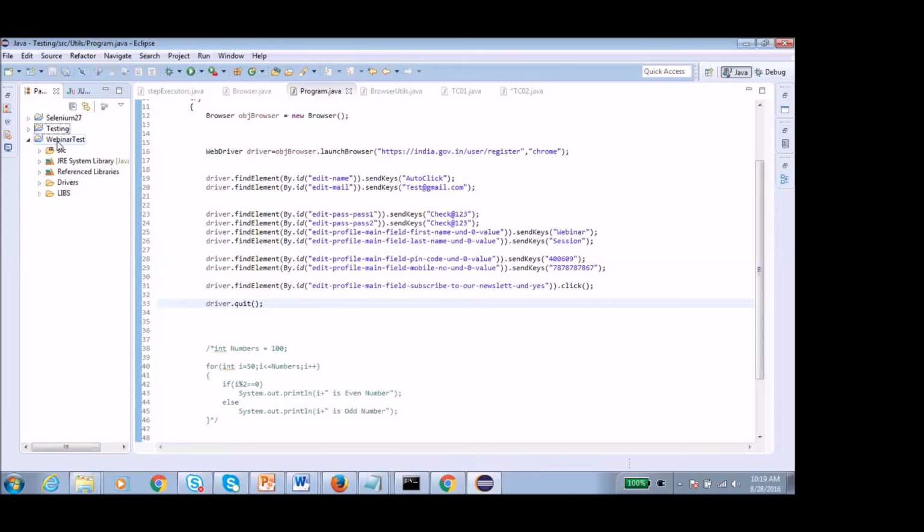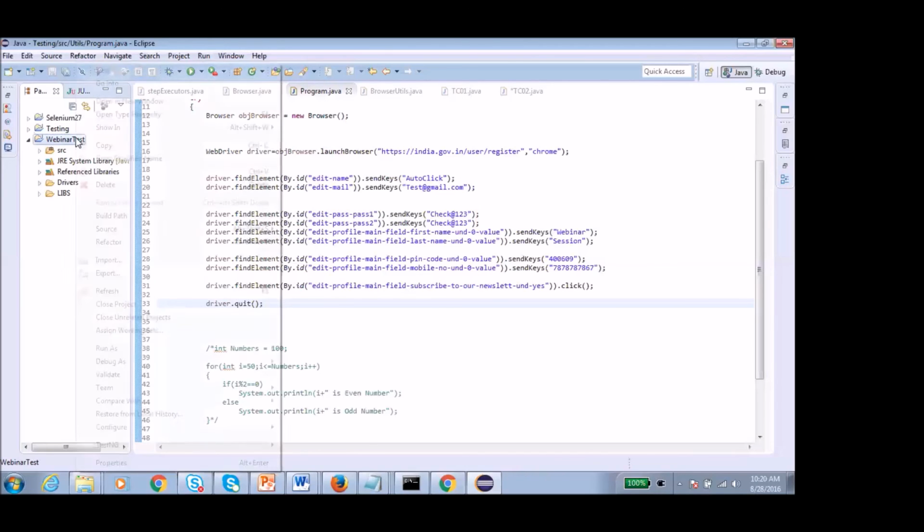Once the build is deployed from the development side on the server, we can run our sanity test. One group is the sanity test, and it will have, suppose, 10 or 20 test cases. Once the sanity test is passed, we want to run our regression suite, which has 1000 or 500 cases. So this kind of grouping, sanity test, regression test, release 1, release 2, we can do from TestNG. This is the advantage of TestNG.